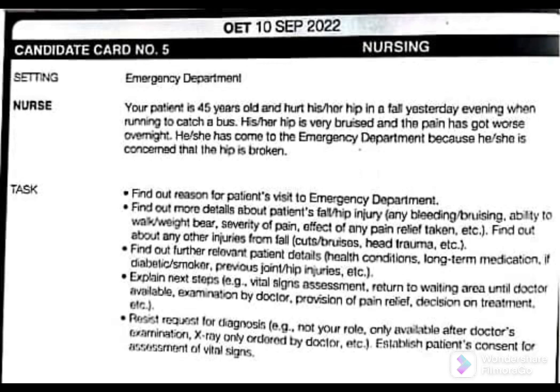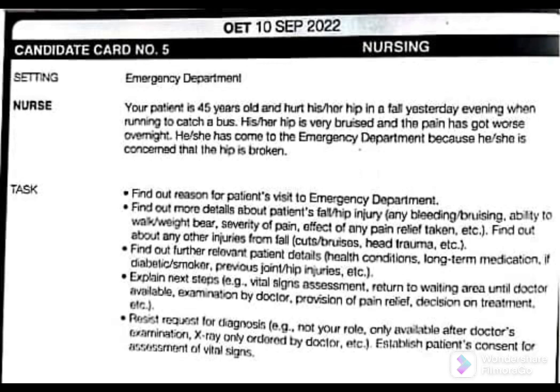Then patient is telling that, oh, I don't smoke. Then we can ask, and the last question is whether you had any joint or hip injuries before. Patient is telling that no, nothing has happened before. Okay. Then the next step is explain the next